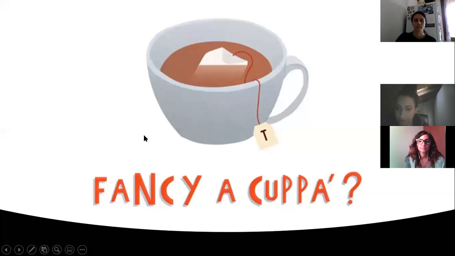This is a very British way to say "fancy a cuppa?" That means, would you like a cup of tea? So instead of using the classic way of saying, would you like a cup of tea, when you offer a cup of tea, you can use fancy. Fancy means like, so you can say, I fancy this, I fancy that. So if you say fancy a cuppa, this is a very idiomatic expression, quite colloquial, and it can be used to offer a cup of tea, a cuppa.